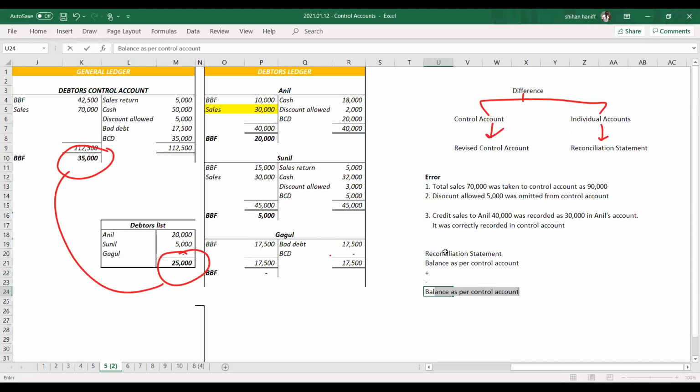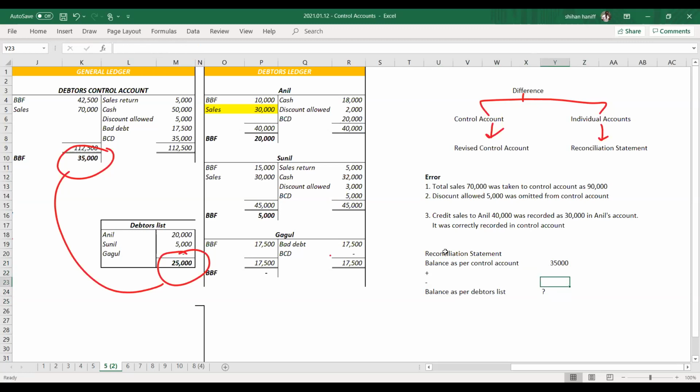The answer is balance as per debtors list. So control account balance is 35,000 now. How do you get balance as per debtors list? Balance as per debtors list should be 25,000. So what do you do for this 10,000? Is it plus or minus? To get the answer 25,000,